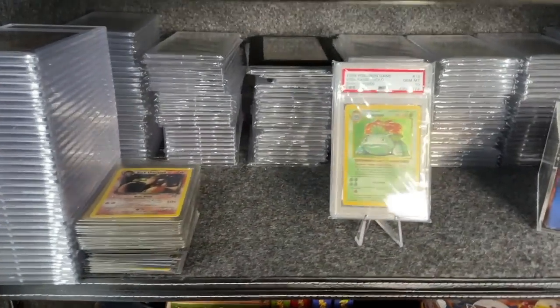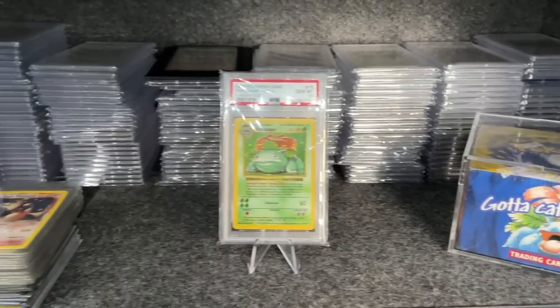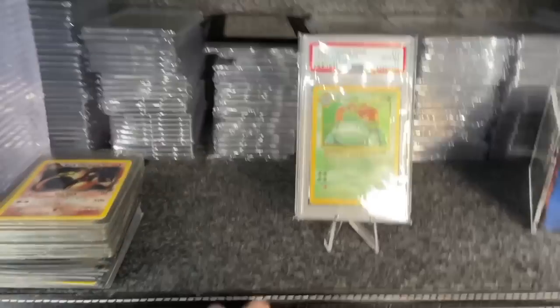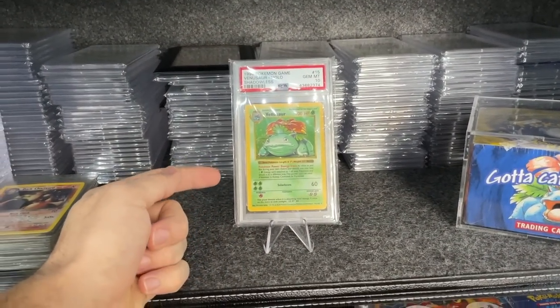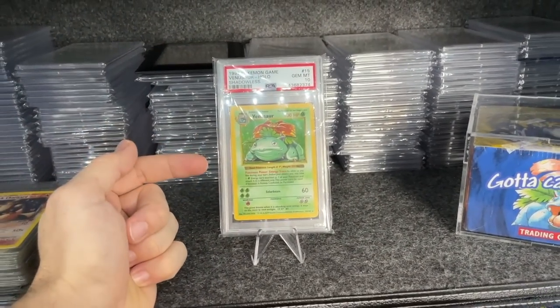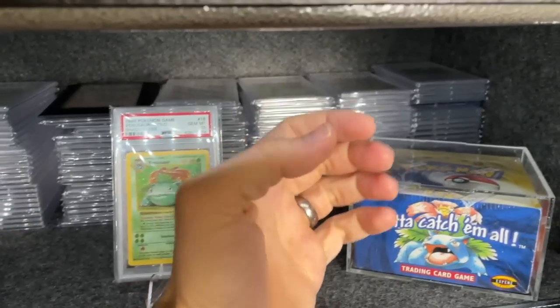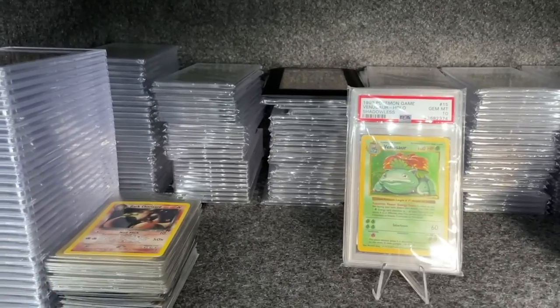All right guys, so here we are in the top row of the vault. As you can see, it is a slab jungle in here. This top row serves a few purposes. Number one, it's a place where I feature certain cards that I'm maybe posting on Instagram or social media. It's a place where I keep some of my most prized PSA 10s,